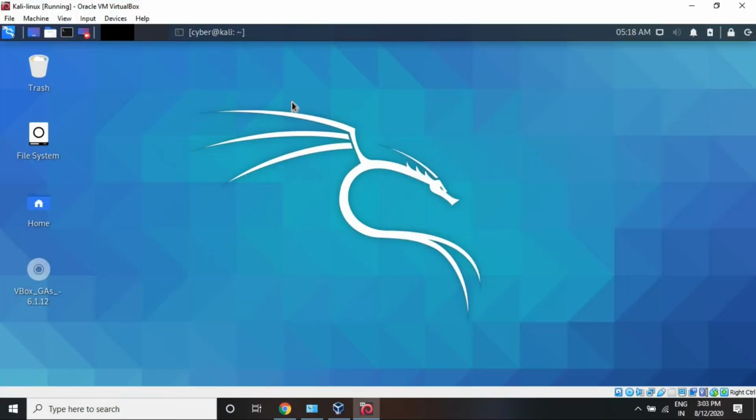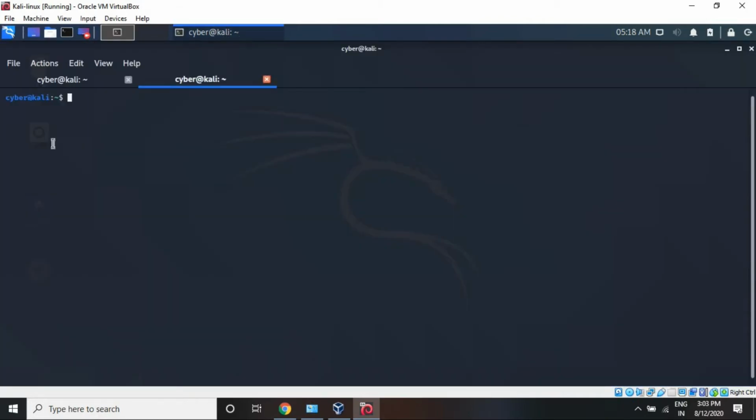Now I want to talk about the Metasploit file system. For that I want to use Kali Linux in my VirtualBox to show you what kind of data is available in it. At first I want to talk about the data directory. The data directory mainly contains the editable files used by Metasploit. So I'll show you the directory.